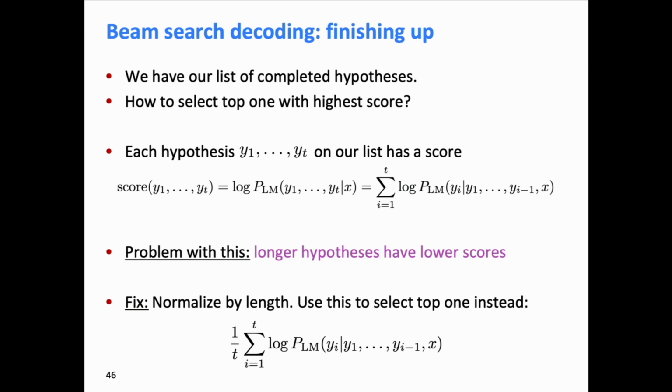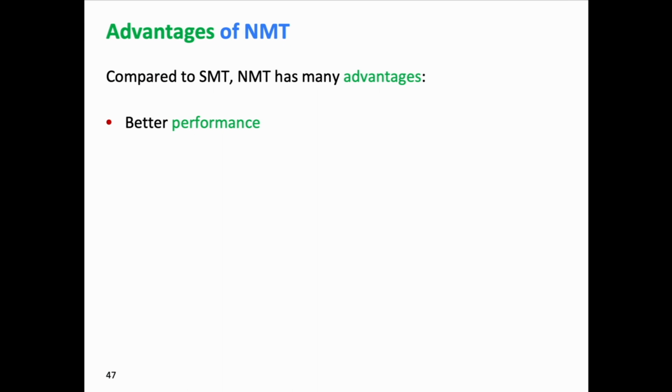OK. So we now understand how you would train an NMT system and how you would use your trained NMT system to generate your translations using, let's say, beam search. So let's take a step back and think about what are the overall advantages of NMT in comparison to SMT. So the first advantage is just better performance. NMT systems tend to give better output than SMT systems in several ways. One is that the output often tends to be more fluent. This is probably because